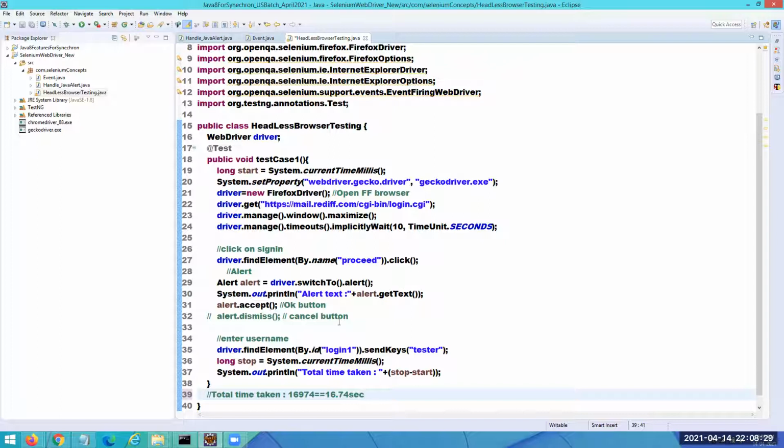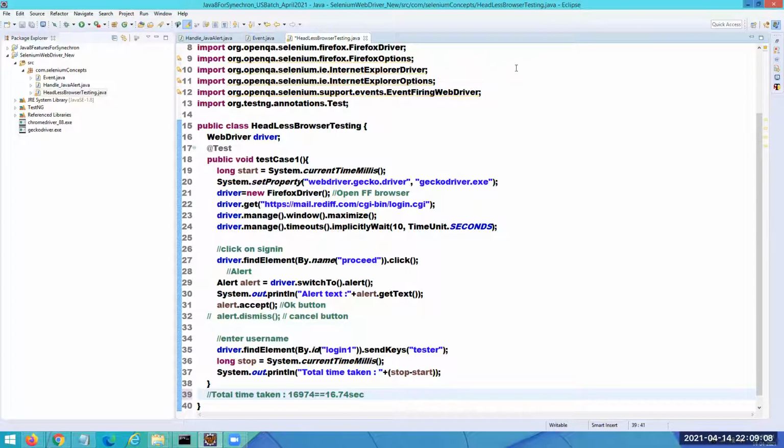Guys, you might have observed when I executed this, it launched the browser. Then, as a user, it clicked on sign in. Then it popped up and, as a user, it entered tester. So it emulated a user, and you viewed each and everything. Now the big question that comes to our mind: if the script is working fine, is it necessary every time to launch the browser and enter text and do all the user actions? Guys, if it happens, it takes more execution time.